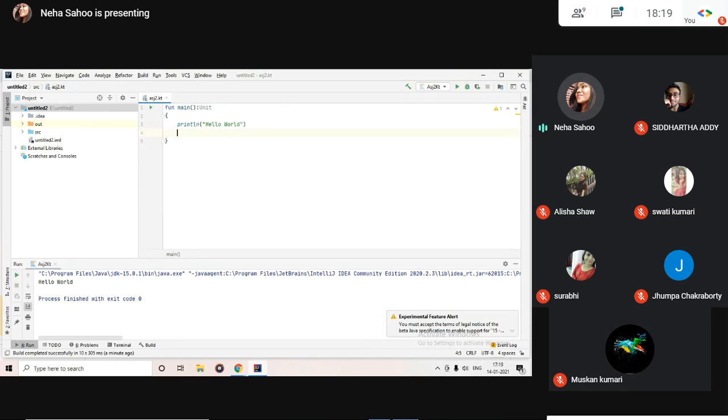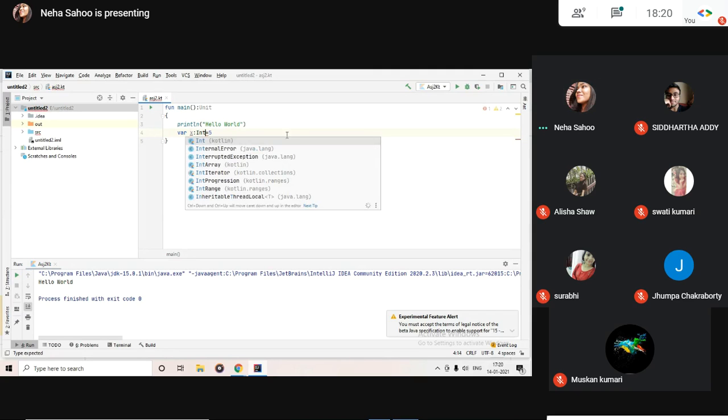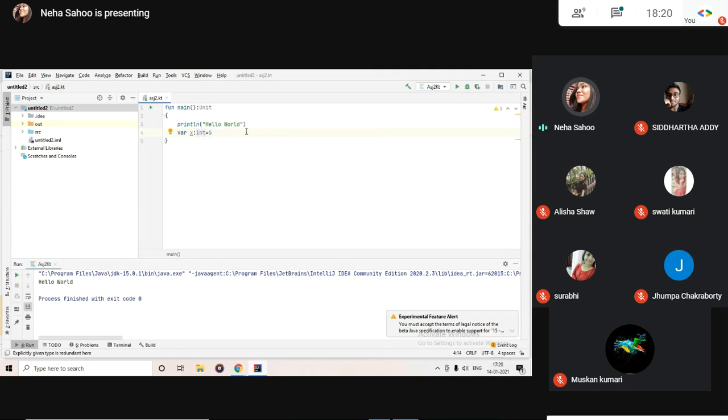A variable is an entity which is mutable, which means that you can change its value in the function at different times. For example, if I write var x equals 5, you don't have to define a data type for it, but if you want to, you can always go back and work the same way.